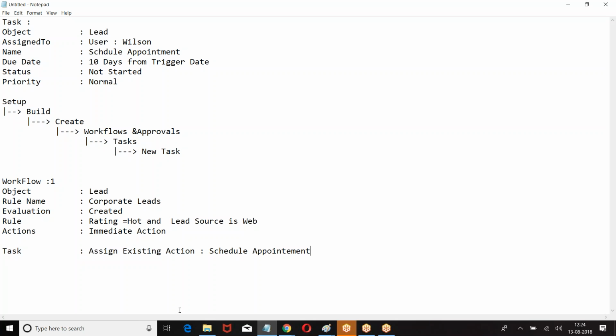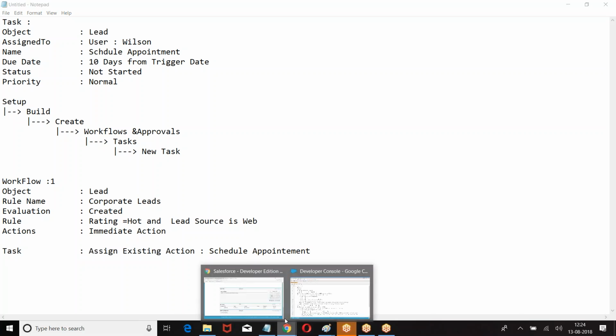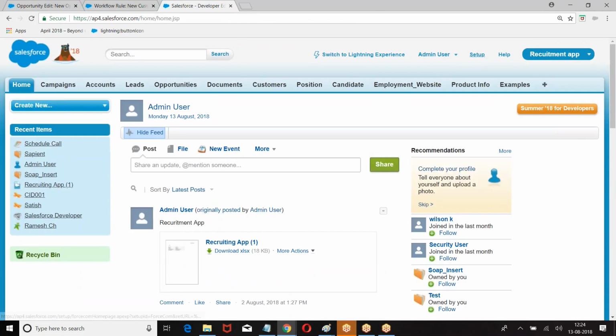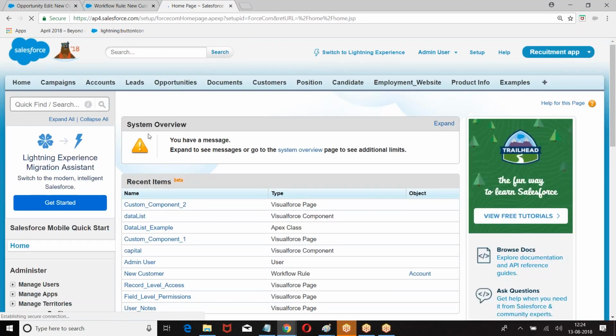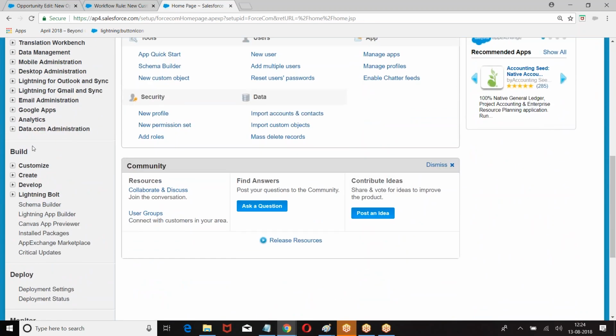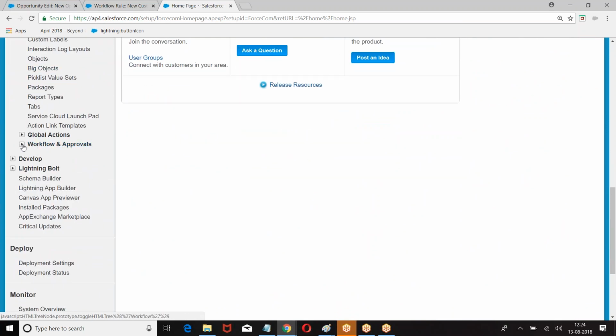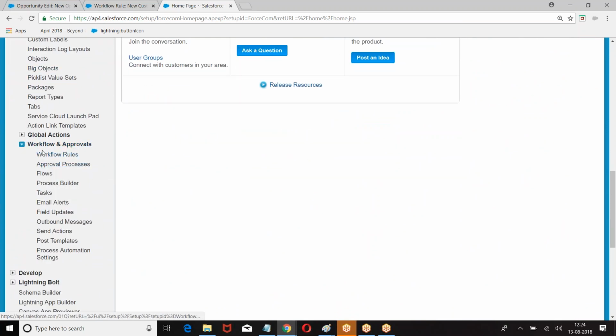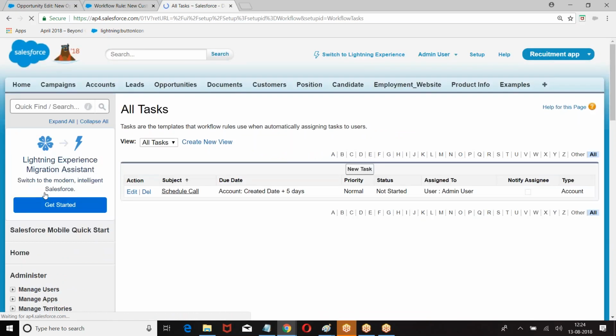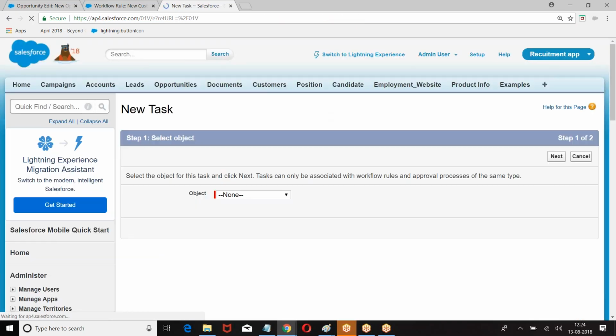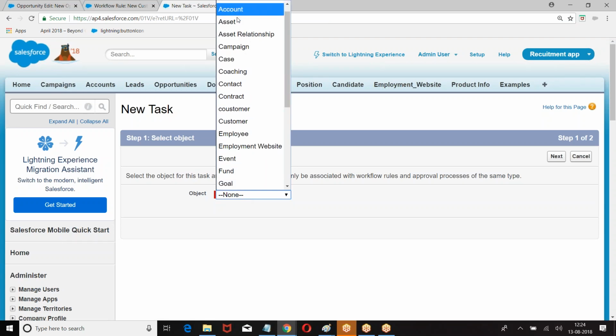So how am I doing this? Setup, build, create, workflows and approvals. Then we had task, new task, and which object?